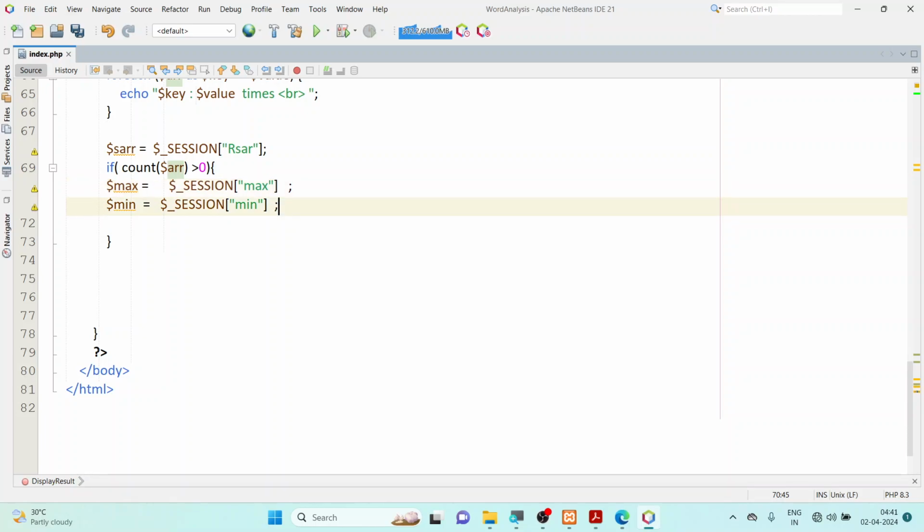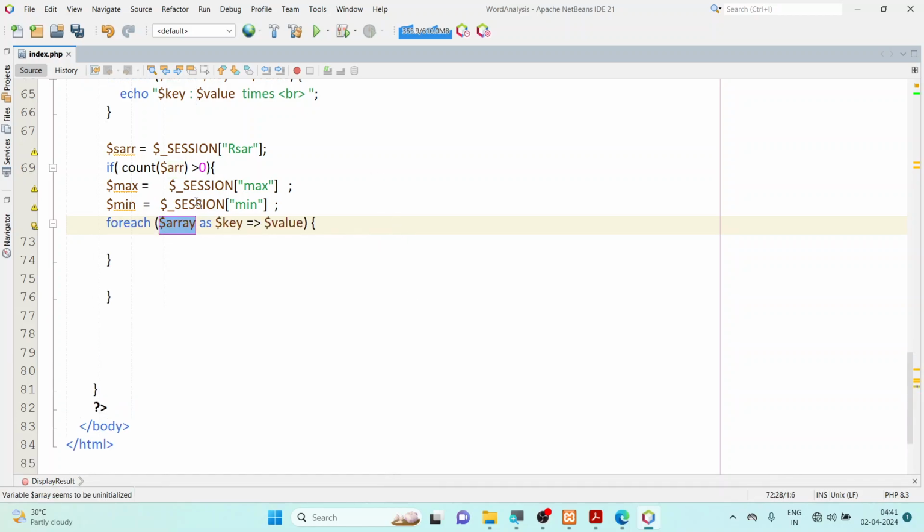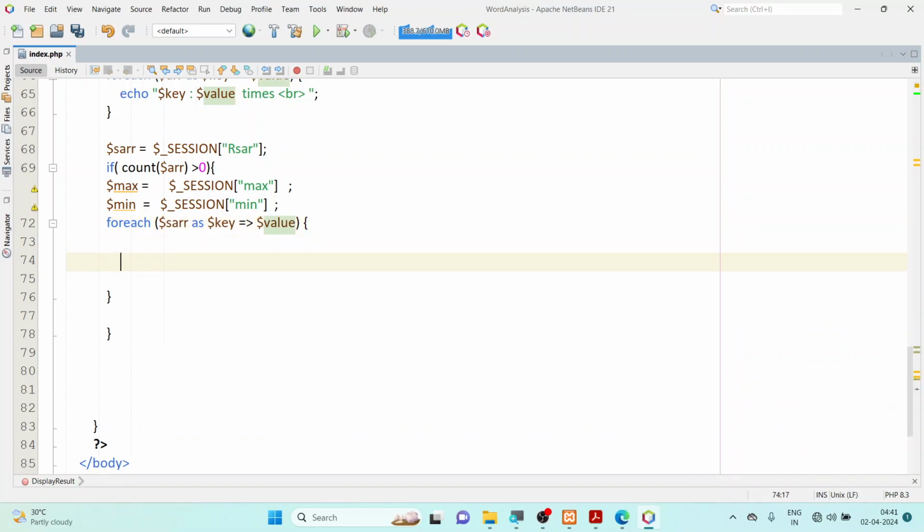Then I'm going to go into the for loop. So for each key with the value. What is my array name? Array name is anything. You can take anything as your array name. So key with the value, I am going to check if